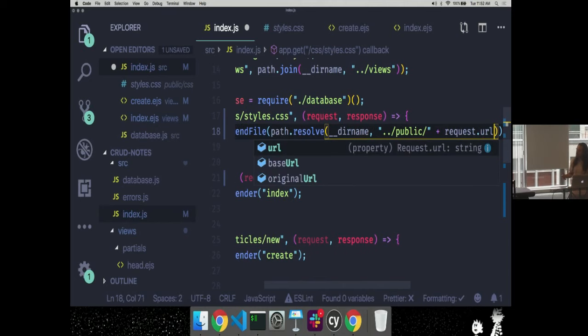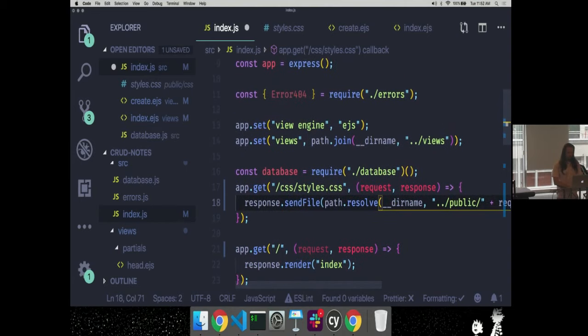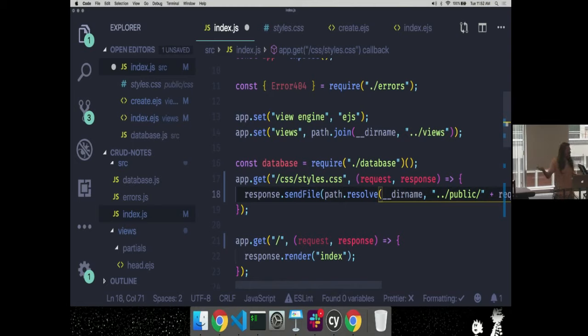This is how I could start to handle these types of requests. But I don't want to write a route for every single image, CSS, or JavaScript file that I want to serve, right? That sounds stupid.